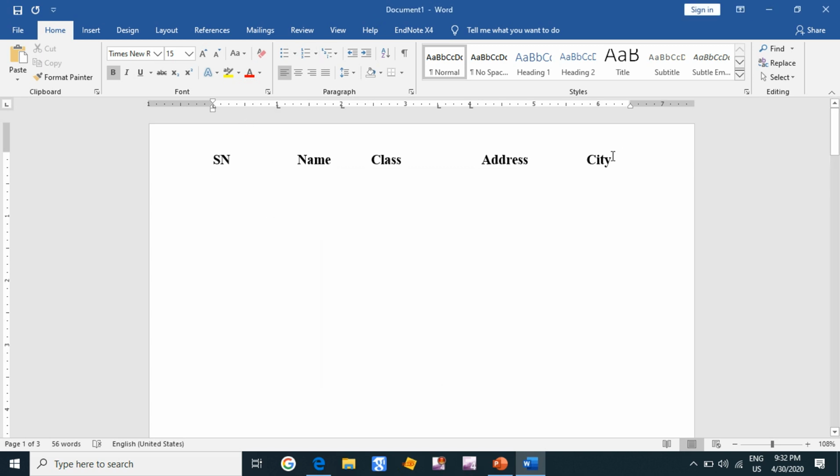So I'm gonna click here, and if I press enter, I have reached just below the 0 inches on the ruler, and I'm gonna type serial number 1 here, and if I press the tab button now, I'll automatically jump below the 1 inch. I type something random here and I press the tab button again, and I have reached below 2 inches. So this is how it operates. Every time I press the tab button, I reach the next tab stop.